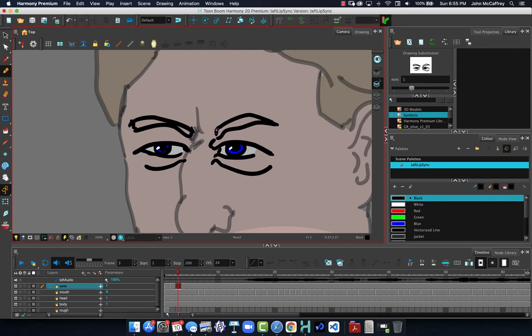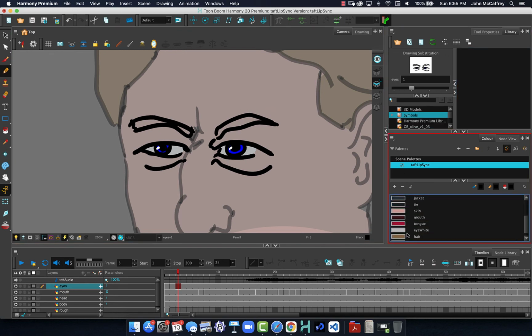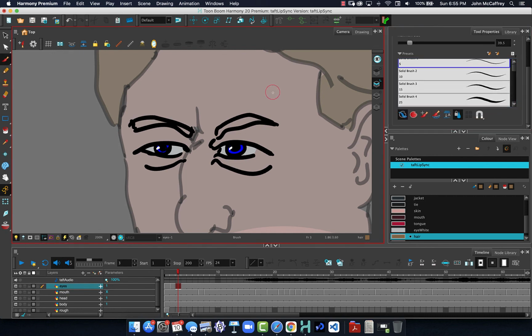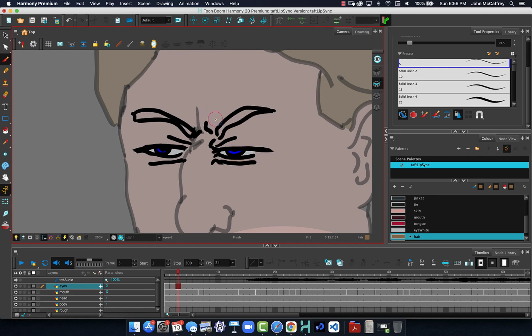I suppose I probably should paint the eyebrows with color as well, I'm realizing. As long as we're doing this, why not? So grab the paintbrush, make sure paint behind is turned on. And now with the eyes open, we're able to paint some eyebrows. Now if we go into the other eyes,